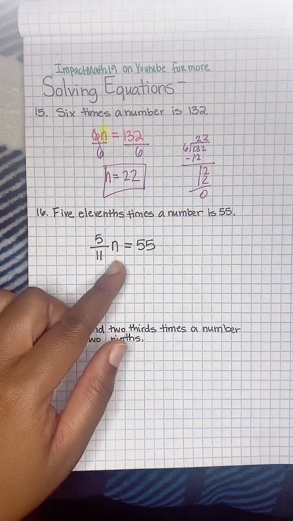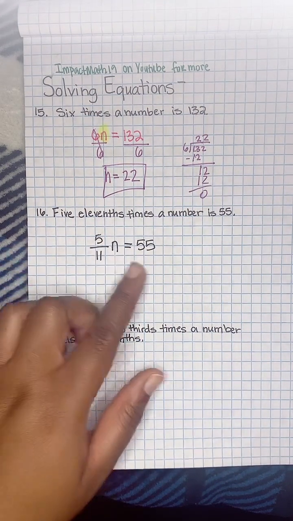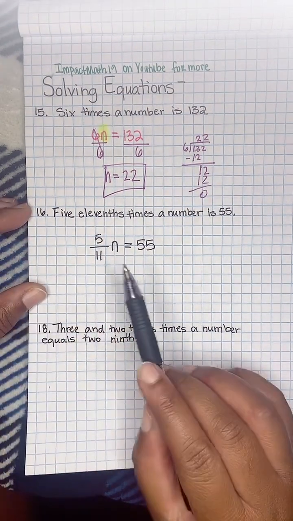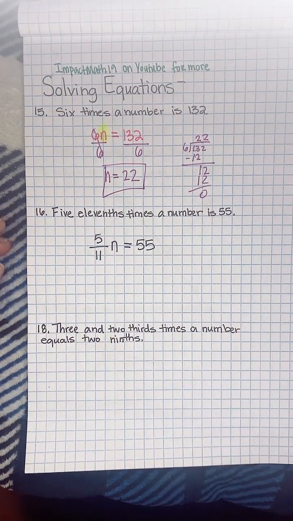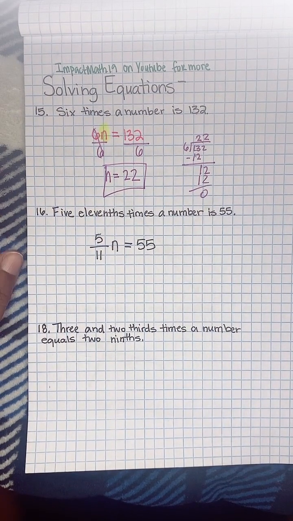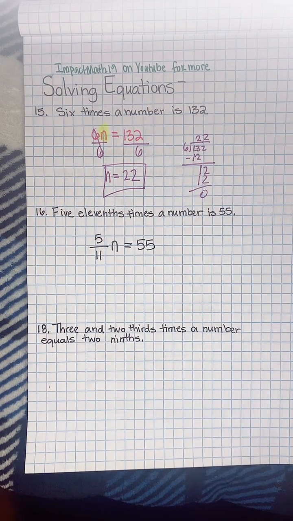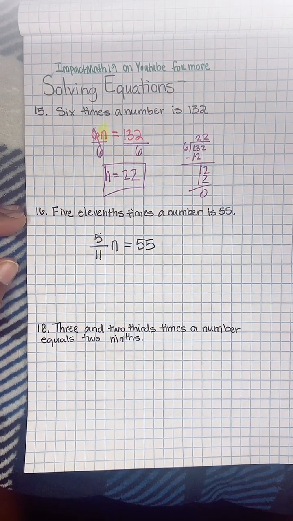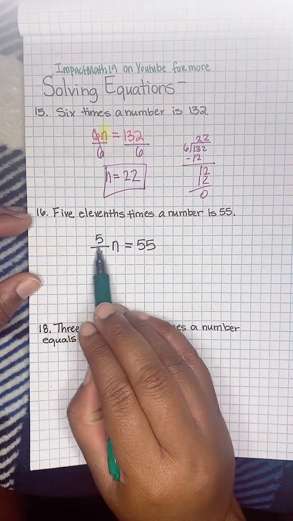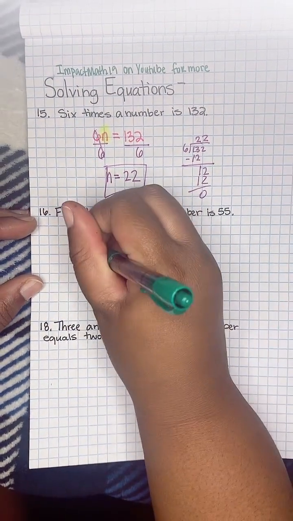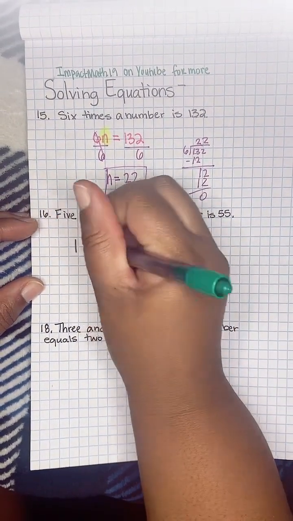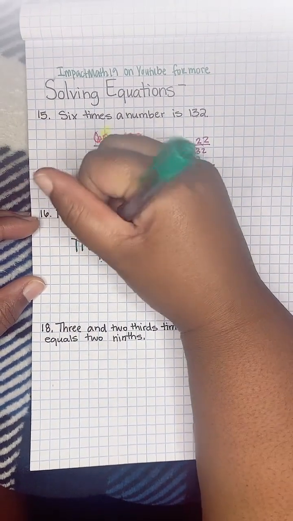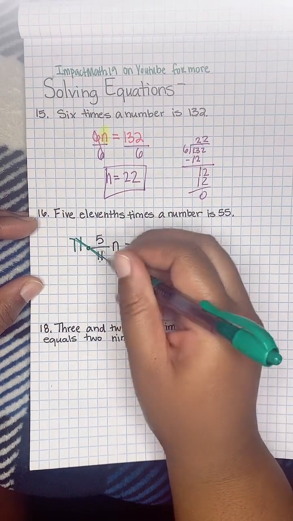So we have 5/11 n equals 55. What step do we want to do first? What can we do first to both sides? Multiply by 11. Yes, multiply by 11. Remember, we're multiplying because this is division, so we have to undo that. And how we know that we're multiplying by 11 is because that's what's in the bottom. We want to clear our bottom out. So we're going to cancel this. Okay. And we're left with 5n